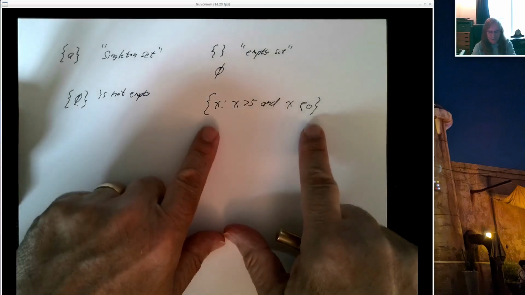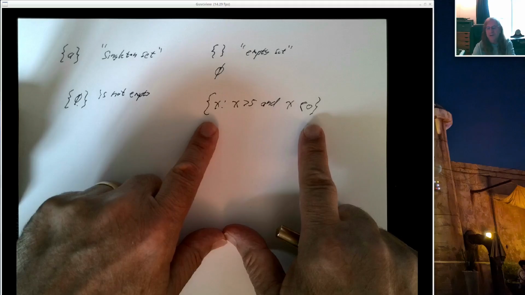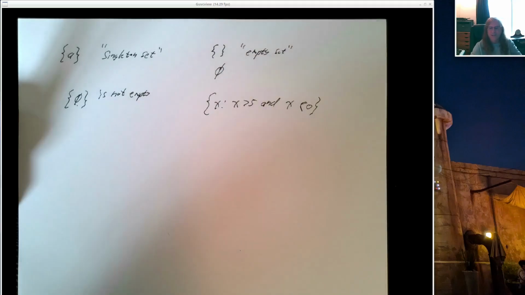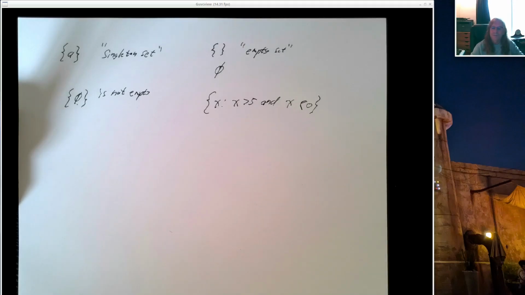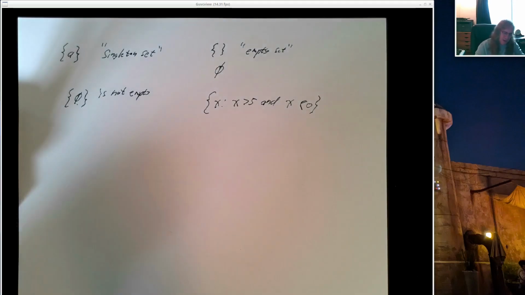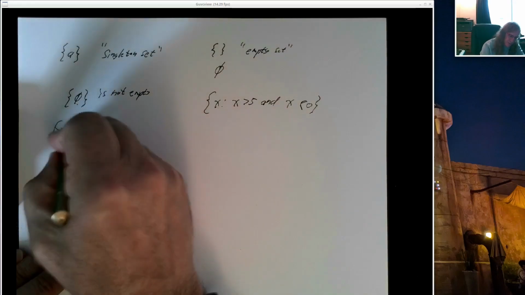So if someone asked you what are the elements of this set, you could say there are no elements. And you could say this is the empty set. And you could write this or this to represent it. Alright, so there's some examples